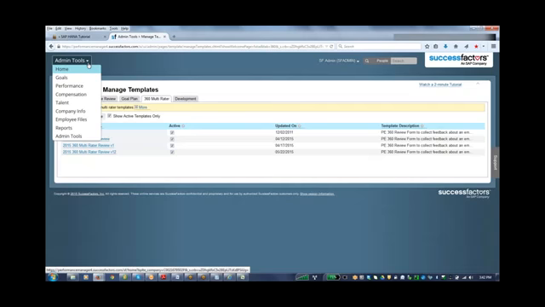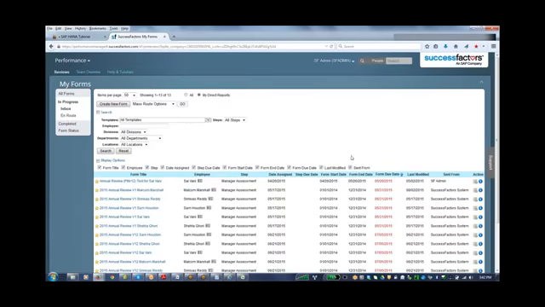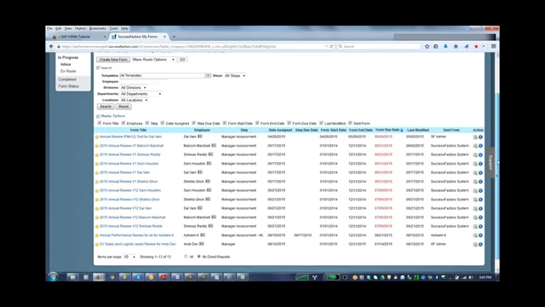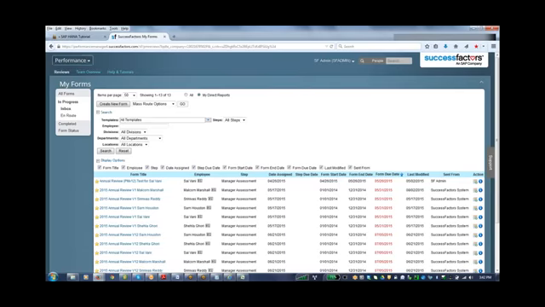And once that is done, you will actually see it in your performance rating. You will actually see a 360-degree rating for somebody. You will see the template for you to review, and you can review and send it back. Okay, so